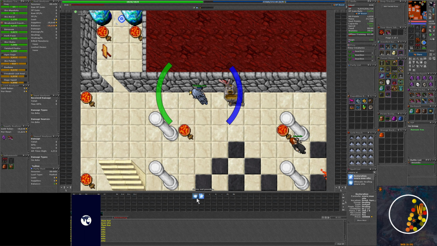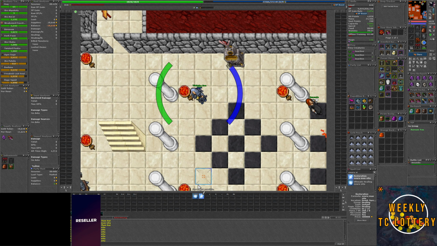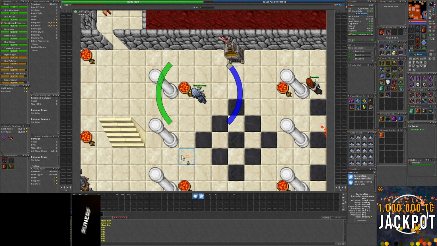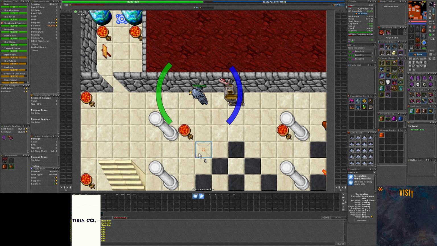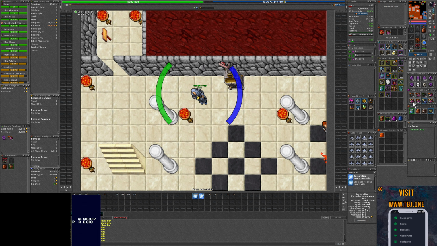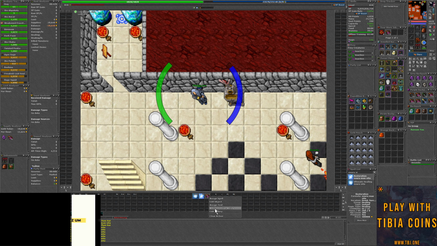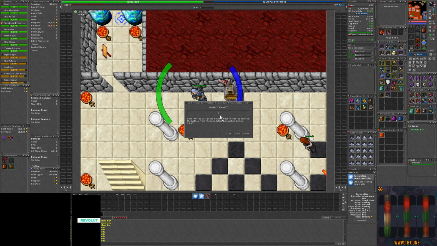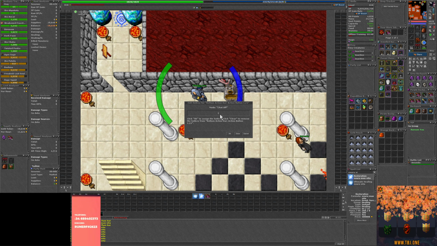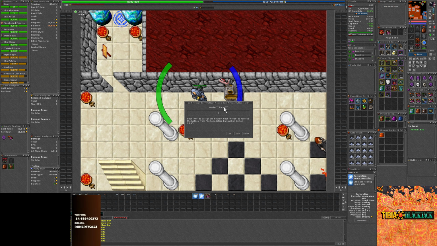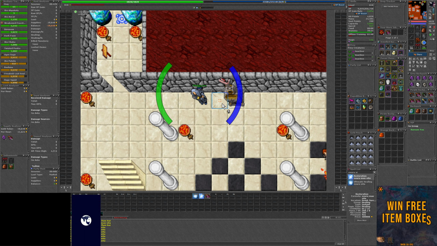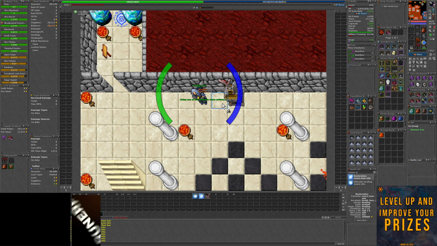Okay, so now let's go for another action. We need to use a potion, for example, right? That would be another action. So let's set potion use on myself, okay? And this is going in this hotkey right here. This hotkey right here for me is the equivalent to scroll down. So if I scroll down with my mouse, I pot myself, right? So I scroll a little bit, boom, one potion.